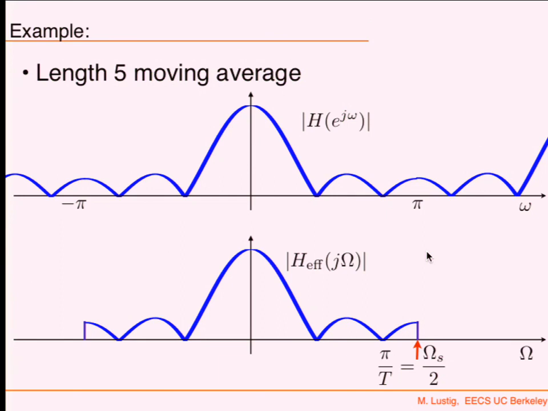So as long as you don't have aliasing and you have a linear shift invariant system in the discrete domain, you've got yourself a continuous time linear shift invariant system, and you can find its frequency response very simply. Okay? So now, if you want to do all this processing, you know how to calculate what will be the effective frequency response in the digital domain. Any questions?